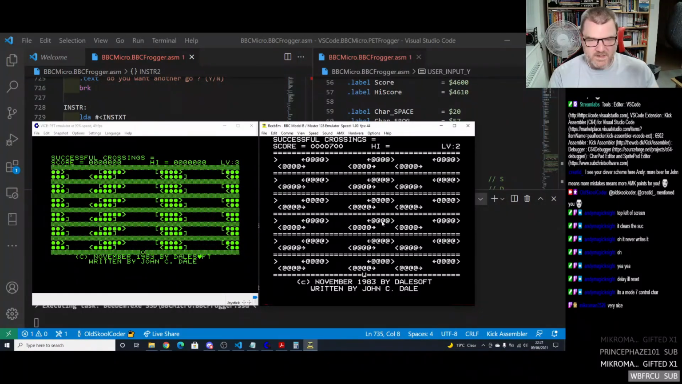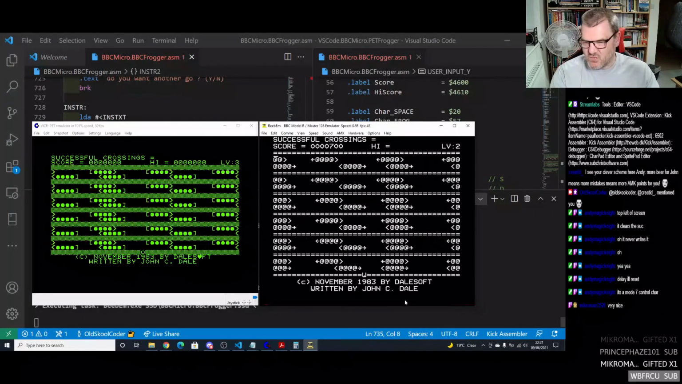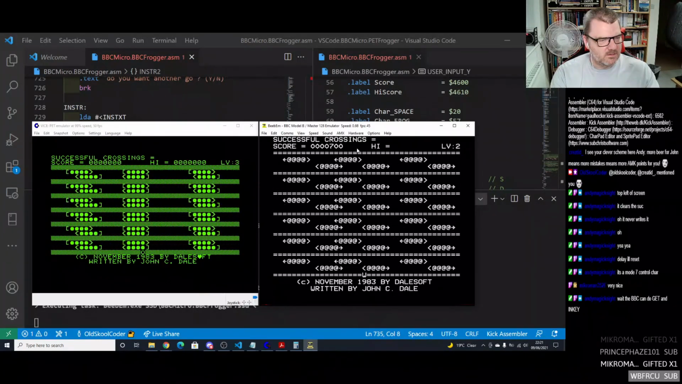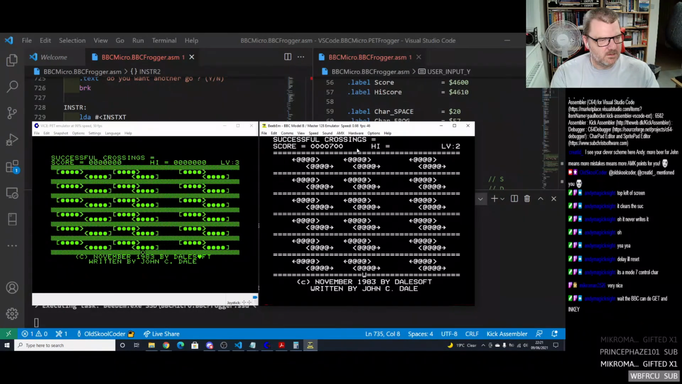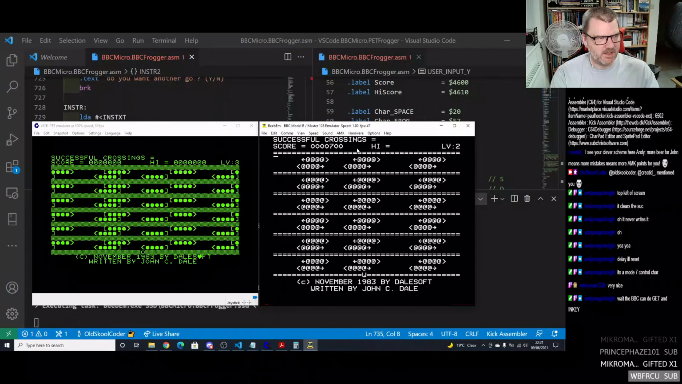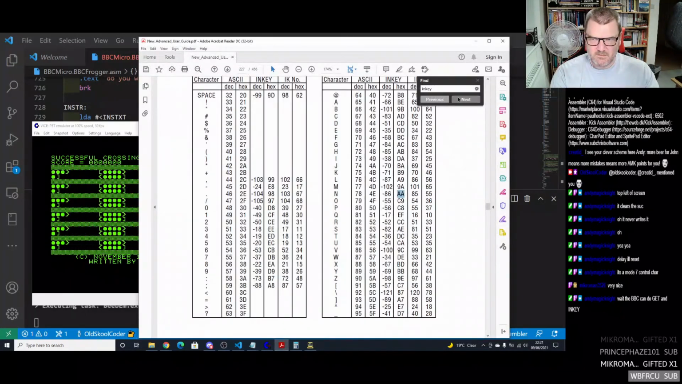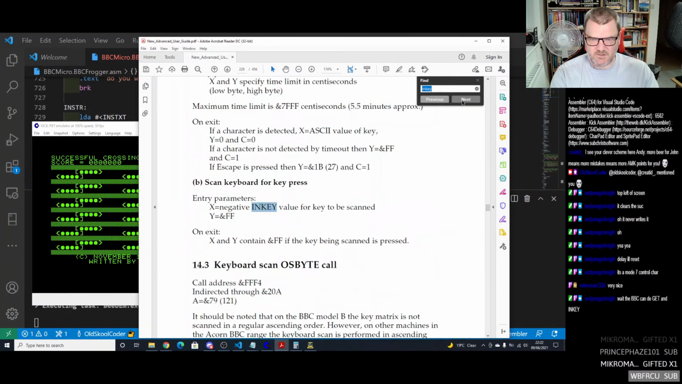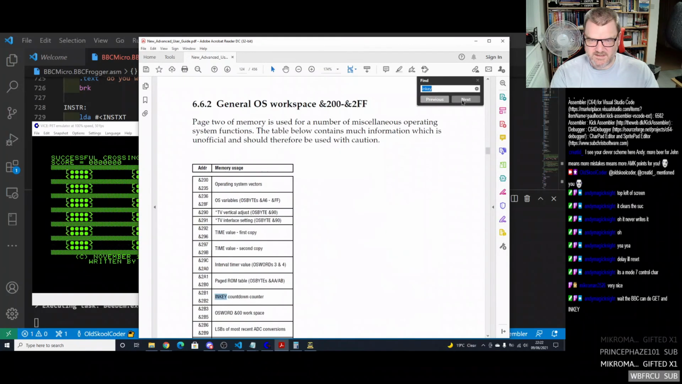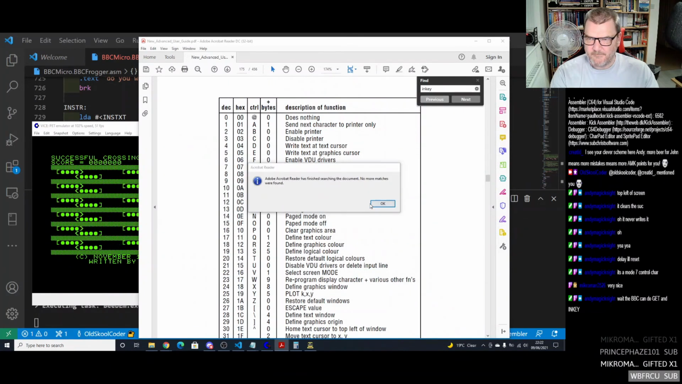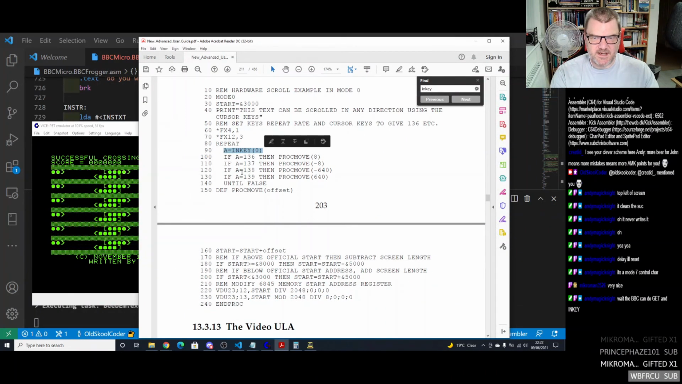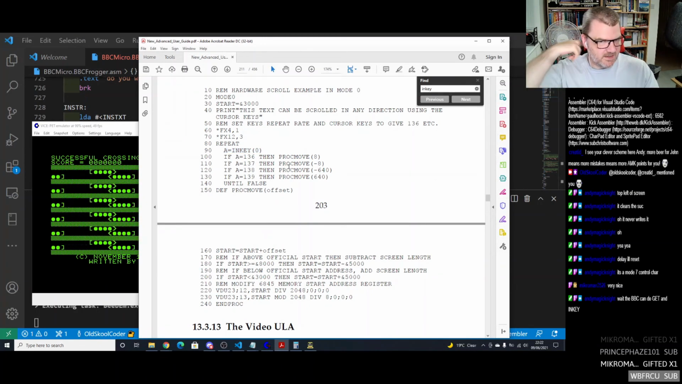So what we need to do, I mean, have we got time? Now the BBC can do INKEY. There is a BASIC command called INKEY. Where's the examples that they've got? Here we go. So you can do A equals INKEY and then test A. But in machine code, when you're using the OS byte, you have to tell it